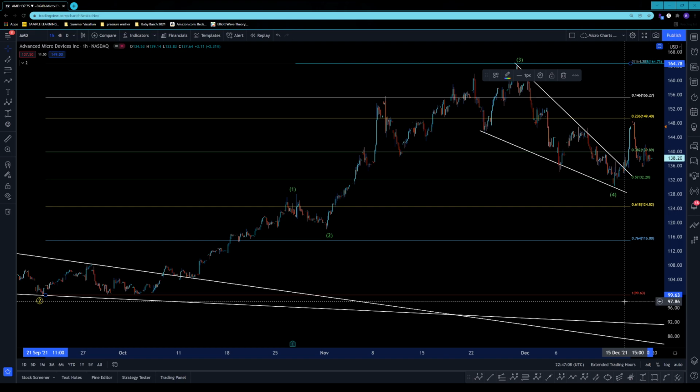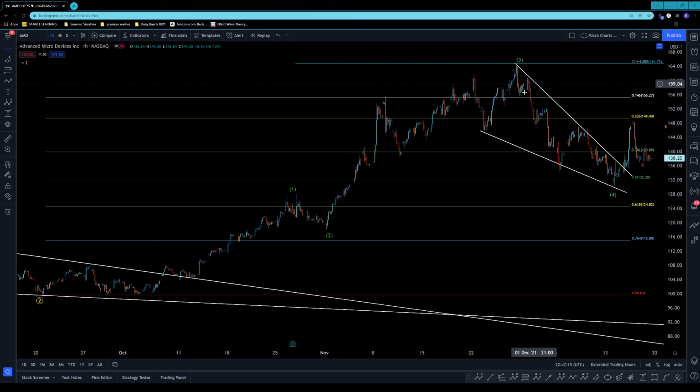Okay, so what you can see is that it kind of does respect them. As we come down, we hit this 14.6% retracement, kind of caught support right near it, came back through. We went through the 23.6% retracement, ultimately got back above it, but still there was too much selling pressure, so we broke back beneath it. Right here around the 38.2, we tried to gather some strength, ultimately broke through it,